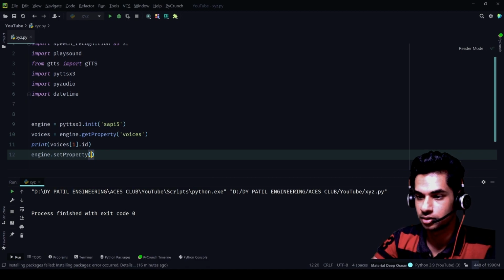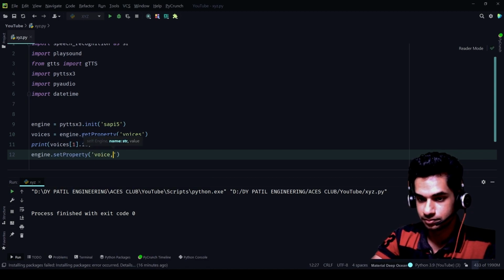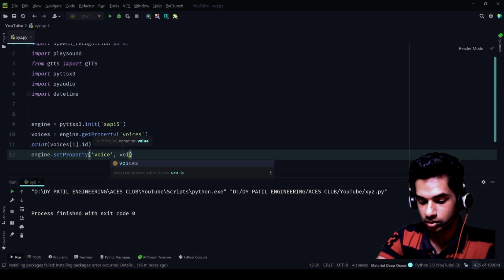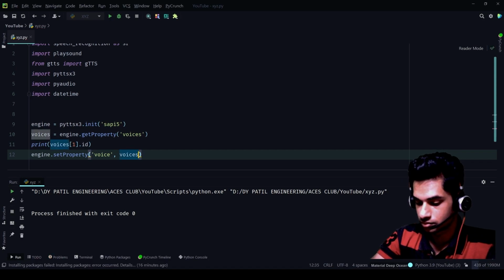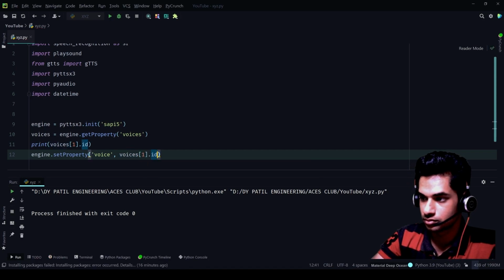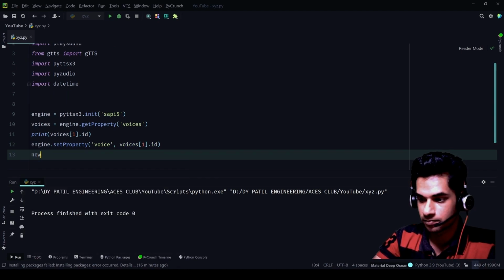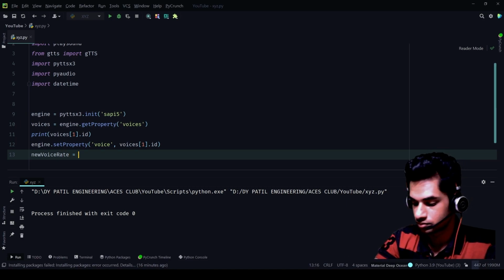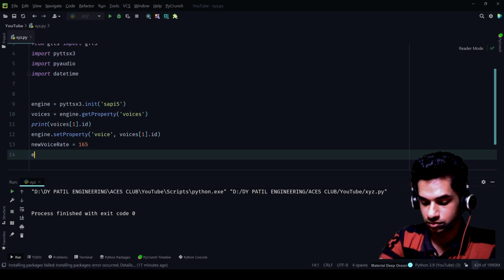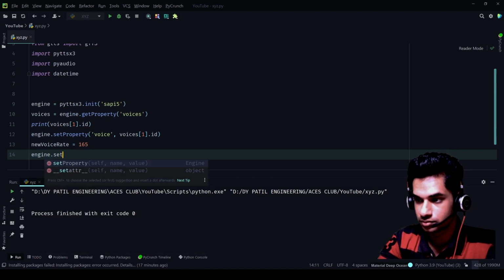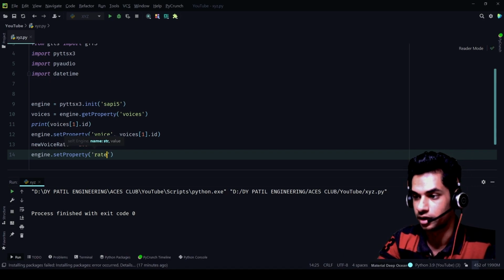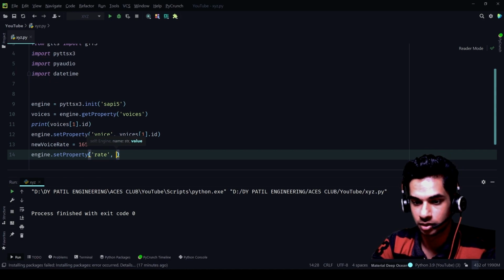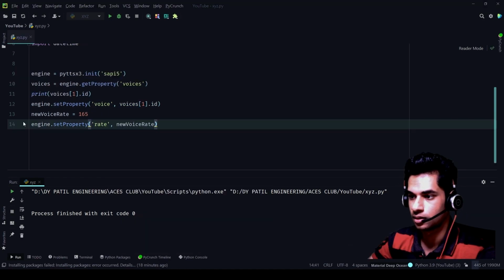Engine dot set property, then we'll set it to rate. We can change the value of the rate to whatever number we want to. That will be the speed of the assistant.